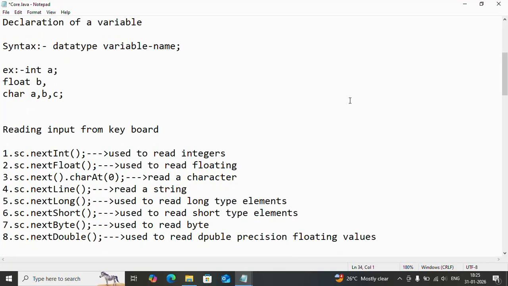And the final one is boolean. Boolean is nothing but true or false statements, okay. So this is how we will initialize the values,